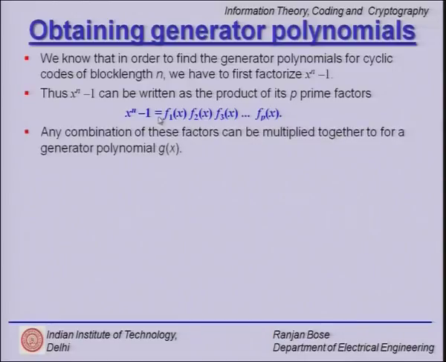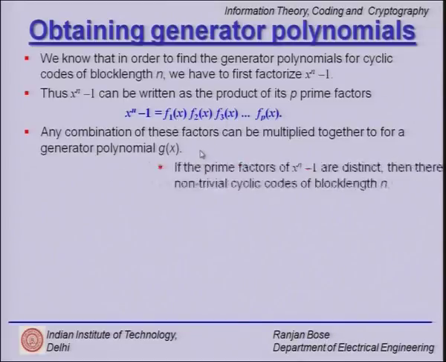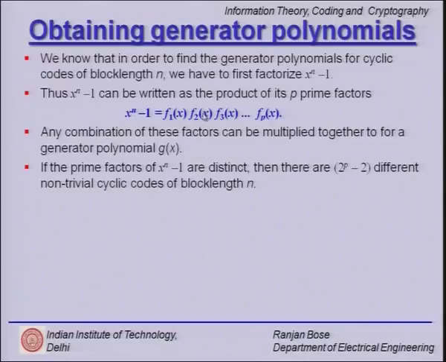I really do not know how many p's there will be, but there will be these prime factors, and we remember that any factor of x raised to the n minus 1 is a potential generator polynomial g(x) of a cyclic code. So, for these p factors there are 2 raised to p minus 2